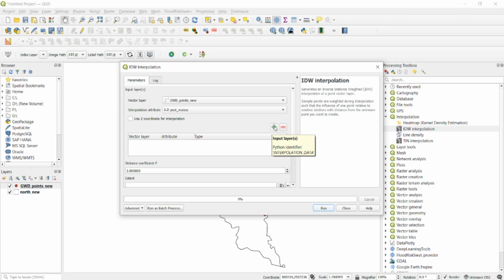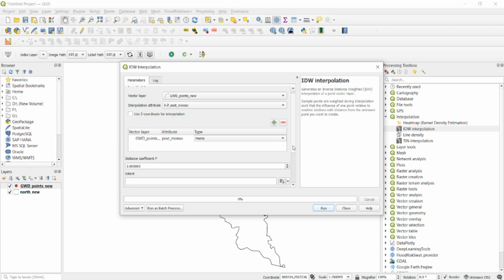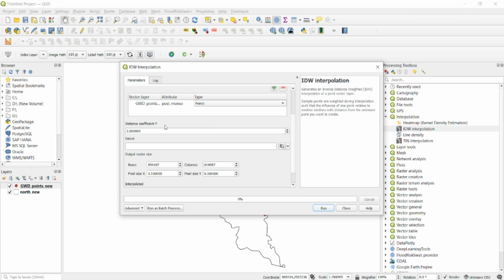So for that I'm just clicking on this input layer option, and it will show all the data sets with types of the data. As we have imported a point data set, it is showing point under this type option. And after that we have to specify this distance coefficient. As the distance increases, the impact of local neighborhood points will be reduced. By default it is 2. We can keep this as 2, and then we have to specify the extent,